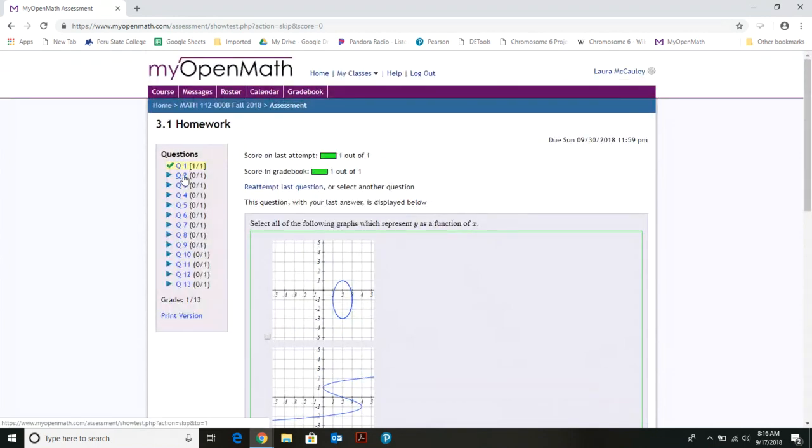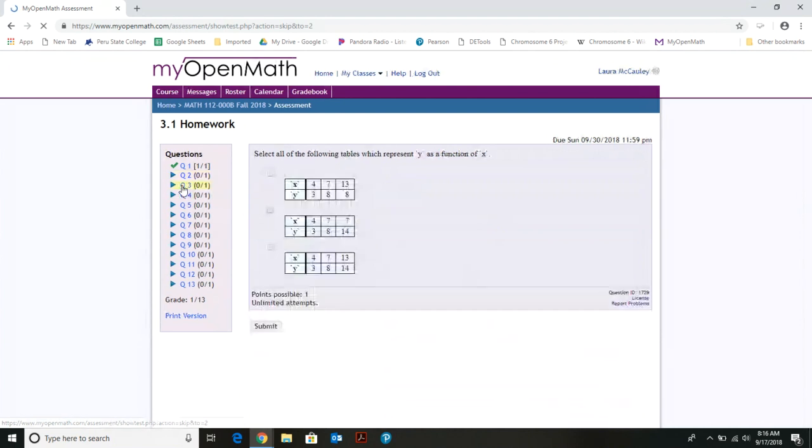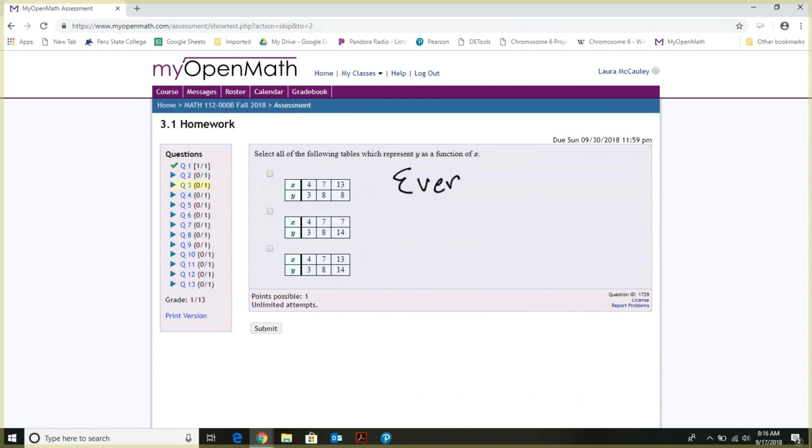All right, let's look at question number 2. Question number 2 is the exact same thing, so we're just going to skip over that. Question number 3 wants us to do the same thing, but this time it's given in chart form. So again, remember, to be a function, every x in the domain